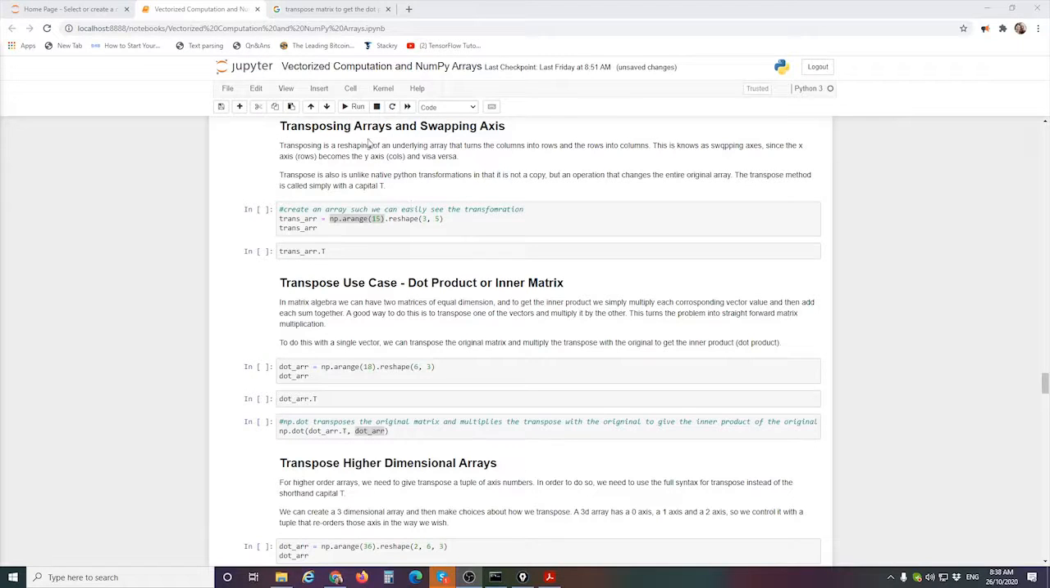We want to talk about transposing arrays and getting the dot product or the inner product of a matrix. So first of all, what does transpose amount to? Let's create a multidimensional array here. Just to remind us of what this reshape function does, we're defining a 3 by 5 matrix, and we're saying,